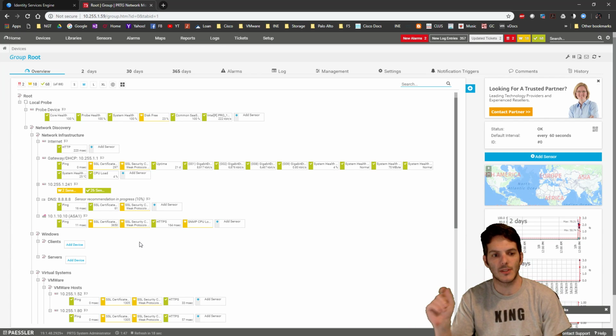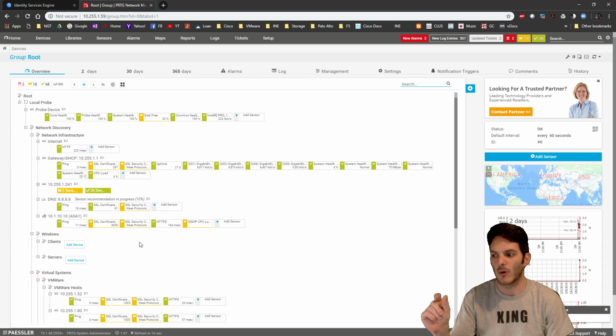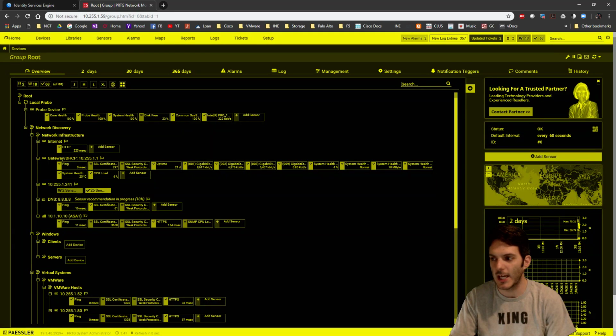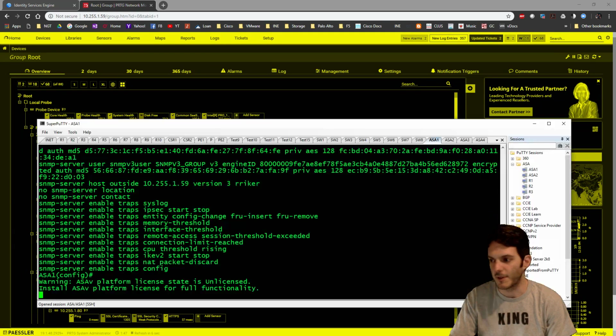Now I'm going to leave this in play for a period of time, because when we get into VPNs and stuff like that, I'll be able to do the IKE stuff and check out how that type of stuff works. So let's just recap what we did from a configuration standpoint. So what we had to do